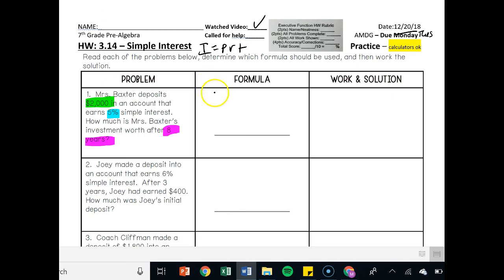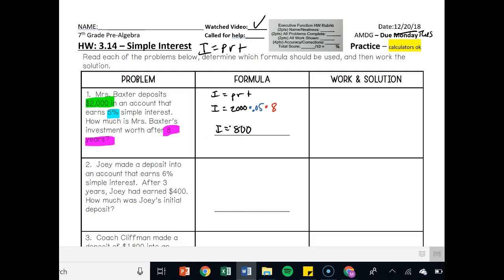Okay, so your formula is I equals PRT. Your interest is something that you don't know. Your principal, the initial investment, is $2,000. Your rate, the interest rate that she's getting is 5%, so as a decimal 0.05. And then the time that you left it in the bank was 8 years. So we go ahead and multiply that across, 2,000 times 0.05 times 8. Means you have an interest of